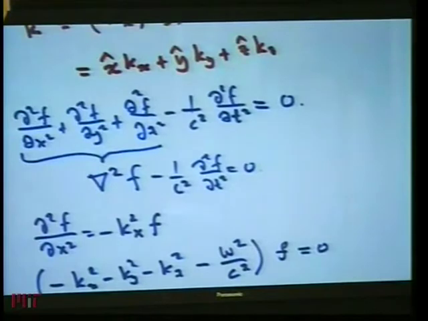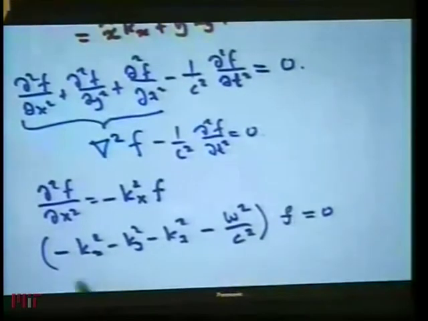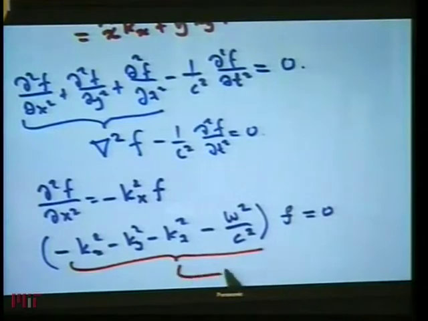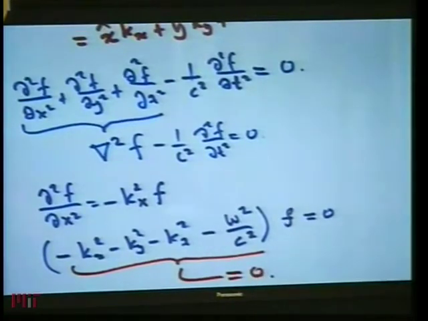And of course, it is possible to satisfy this by setting f equal to 0, but that's not very interesting. So basically what this means is that this quantity here must equal 0. So indeed, as advertised,